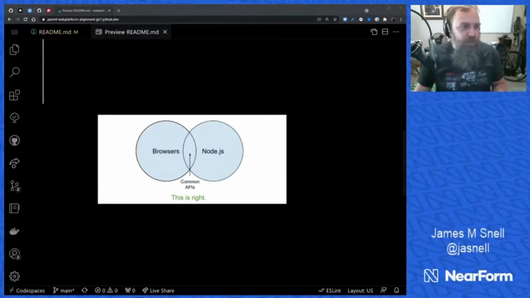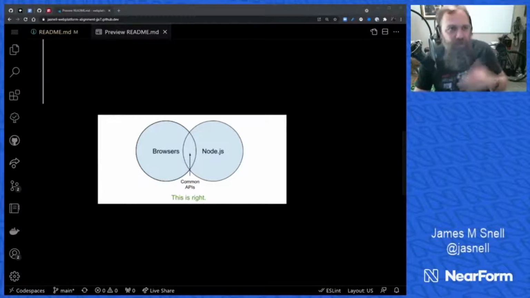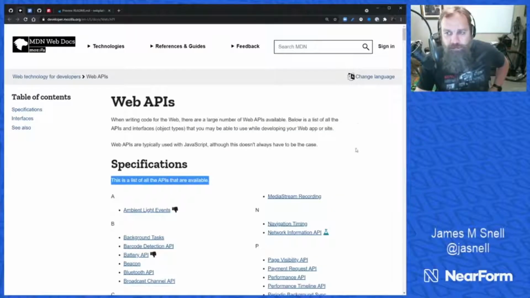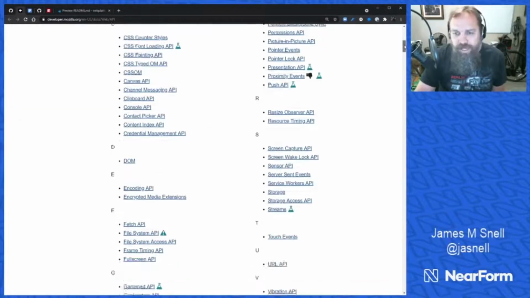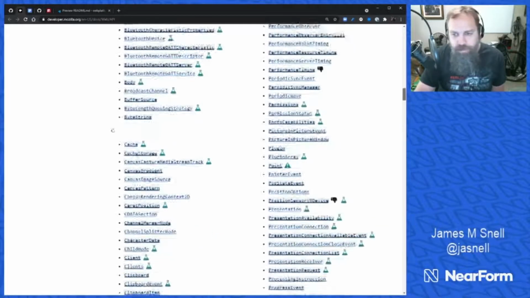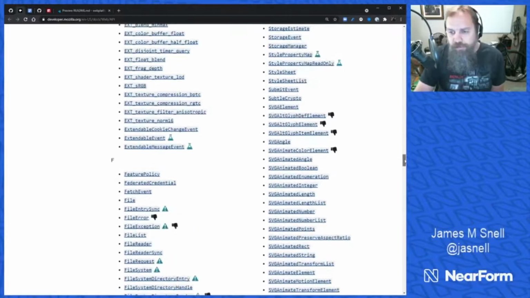Now, whenever this discussion comes up about aligning Node with the web platform, there is often criticism as to where does that stop, right? Are we going to implement everything that you find in browsers in Node? And I just want to pop over and look at this real quick. If you look at the MDN page for web APIs, these are all of the APIs that are available in web browsers today. What you'll find is there is a massive number of object types, of interfaces, of different APIs